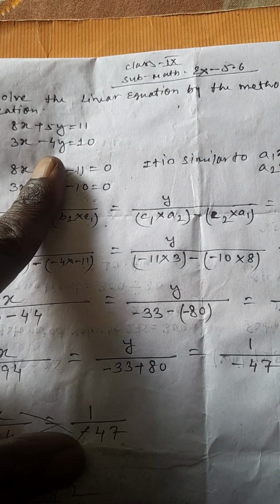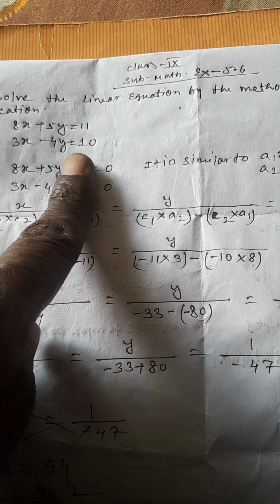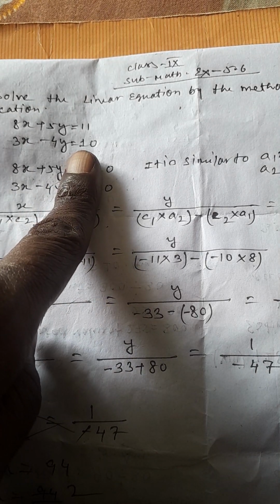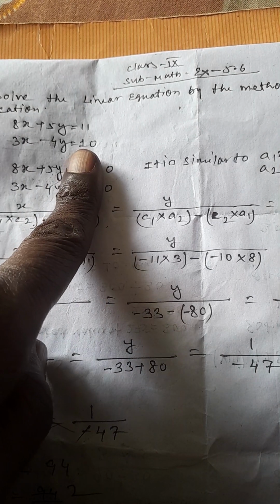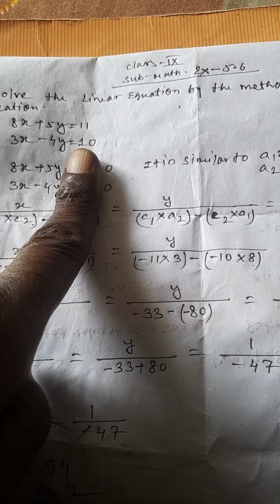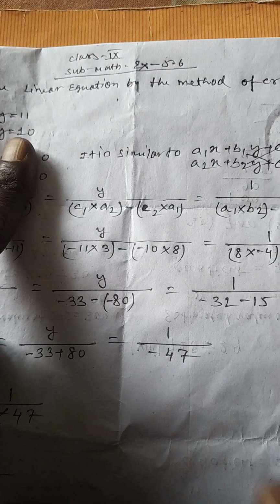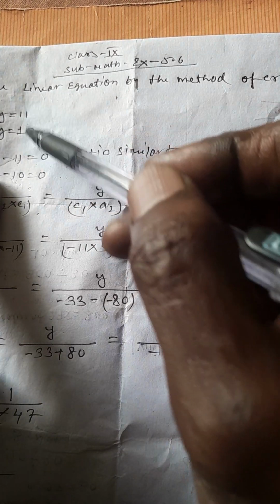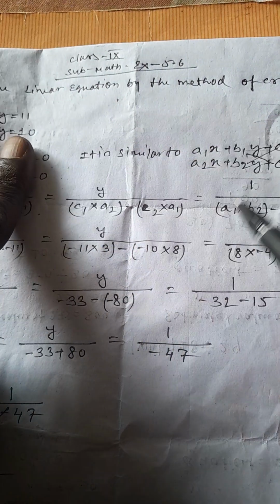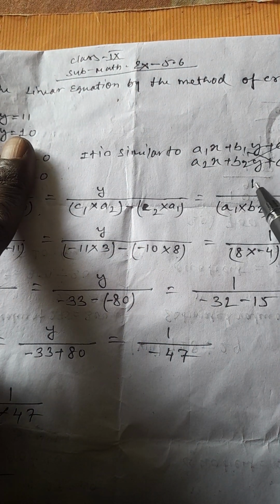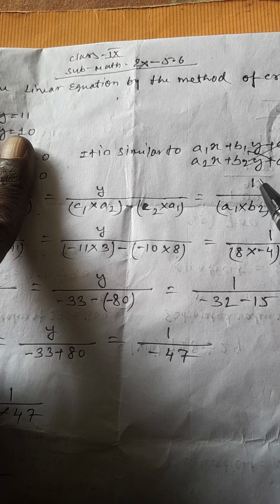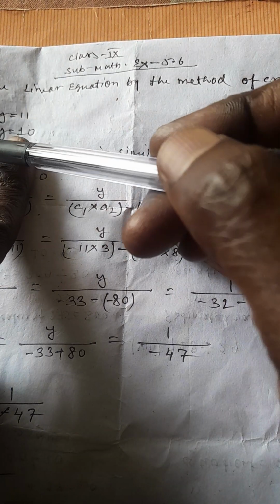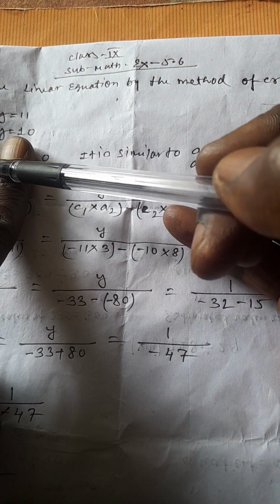Okay, in the same way, when you are going to find the next value, hide c1 and c2, means the constant numbers. So to find this value we have to put 1 instead of c1 and c2, because c1 and c2 are the place value of the numbers. So here we will put 1. So hide this value and multiply this with this number, means multiply a1 into b2.